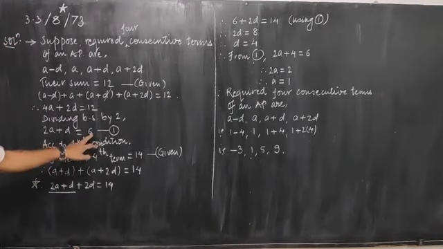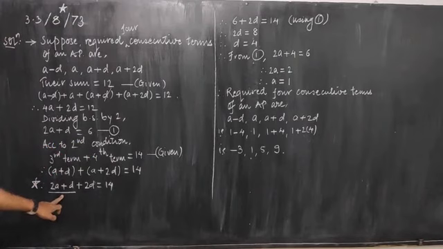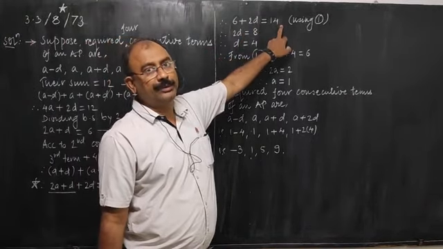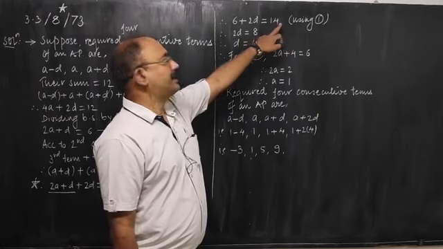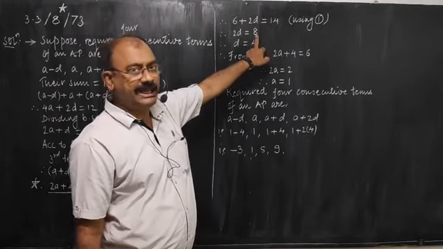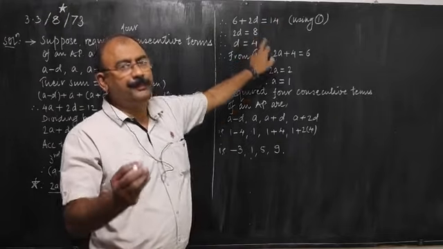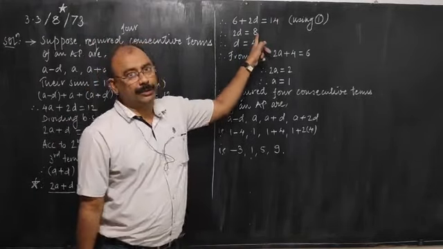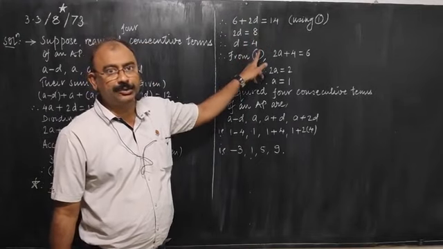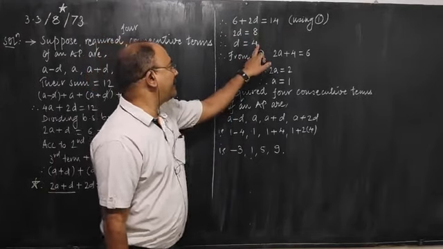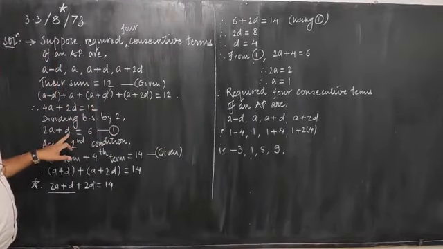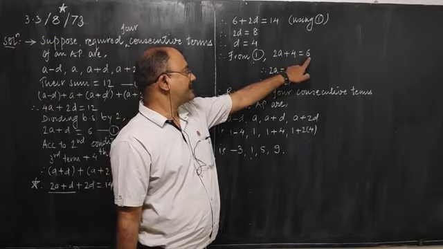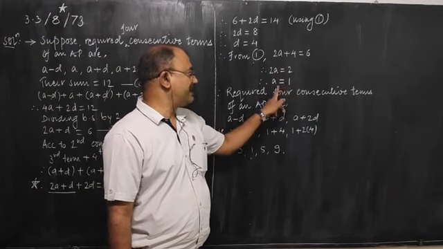Okay, so this 2a plus d, which is equal to 6, I am putting it here, and therefore the equation becomes 6 plus 2d is equal to 14. Transfer 6 to the other side. 14 minus 6 will be 8. These calculations are very ordinary. You can write these calculations directly also. So 2d is equal to 8, and therefore d comes out to be 4. Put this value of d equal to 4 in this equation. So we are writing, therefore from 1 you get 2a plus 4 equal to 6. That is 2a is equal to 2, a is equal to 1.